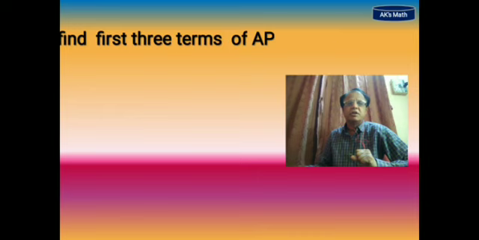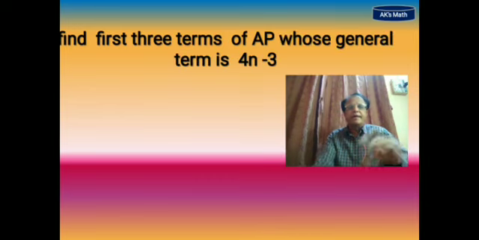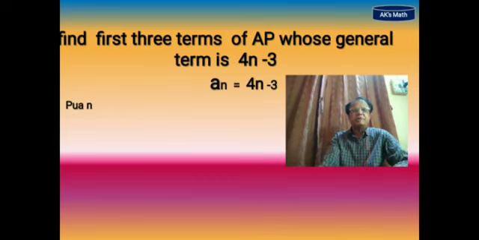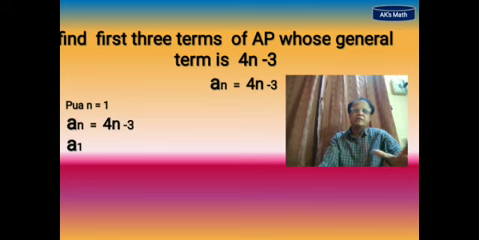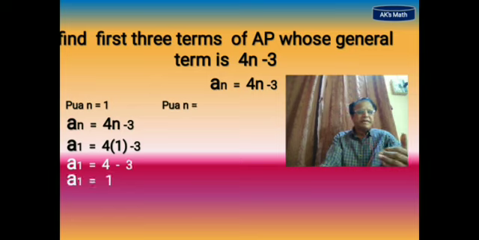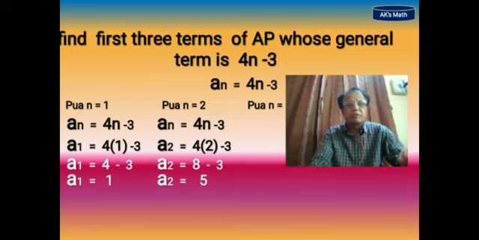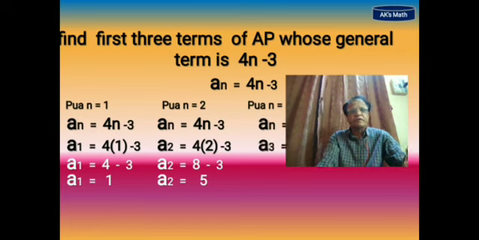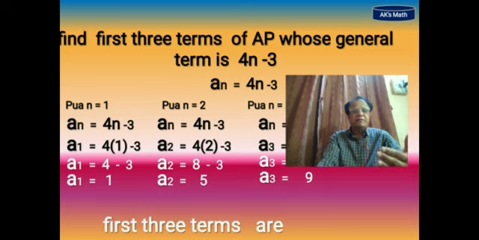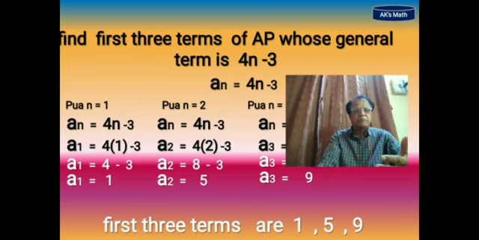Find the first three terms of the AP. Now the AP is already given and its general term is given, which is equal to 4n minus 3. Means the value of an we have to take as 4n minus 3. So an is equal to 4n minus 3, by keeping n is equal to 1, n is equal to 2 and n is equal to 3. It is a very easy technique to find the first three terms of the AP. Whether three terms, four terms, whatever number of terms are asked, we have to do it this way. After keeping n is equal to 1, 2, 3, you will get A1 is equal to 1, A2 is equal to 5, A3 is equal to 9.